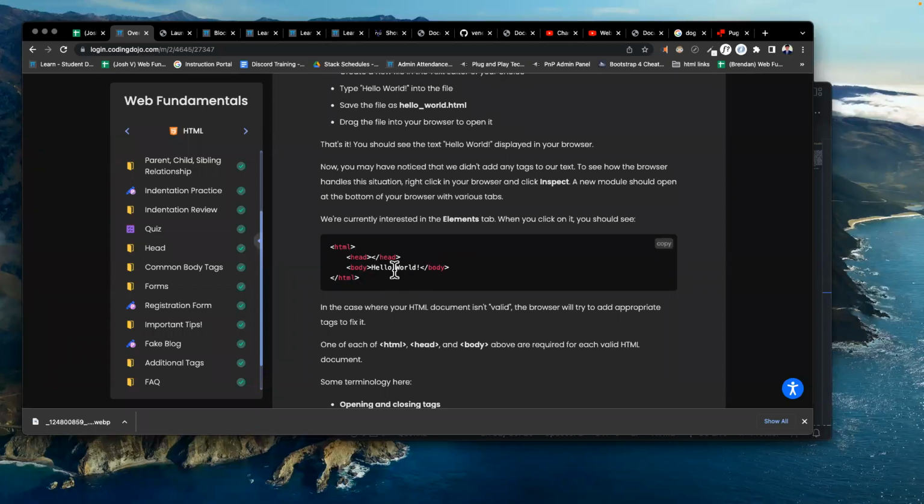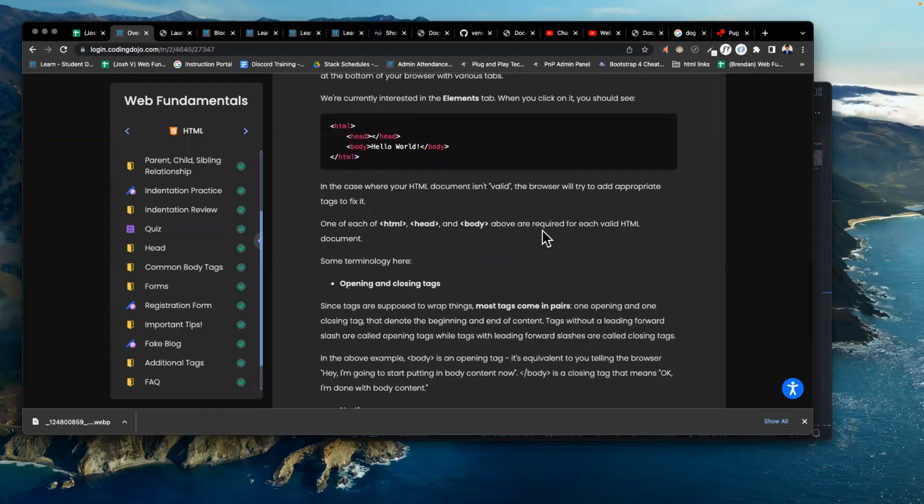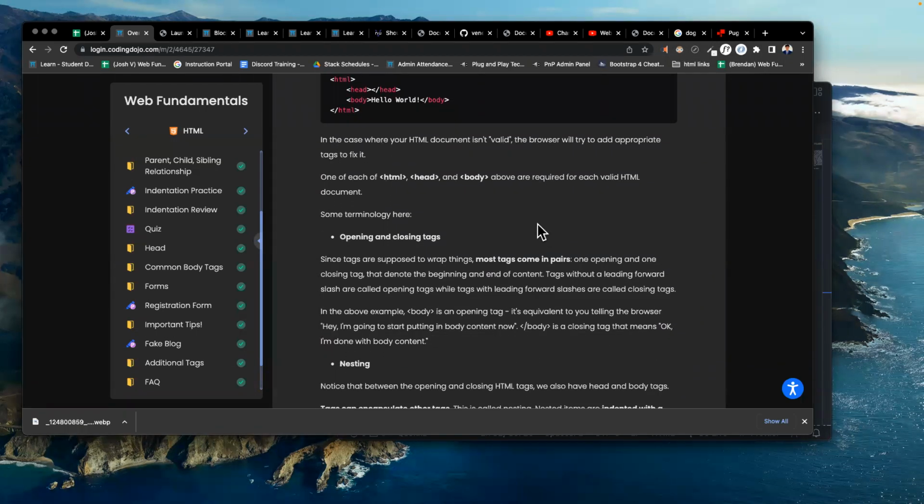What goes in the body is the main content that you would see on the page. What goes in the head is a title, and that title would be this area here on the tab that you see up top. It would have links to the style pages, and